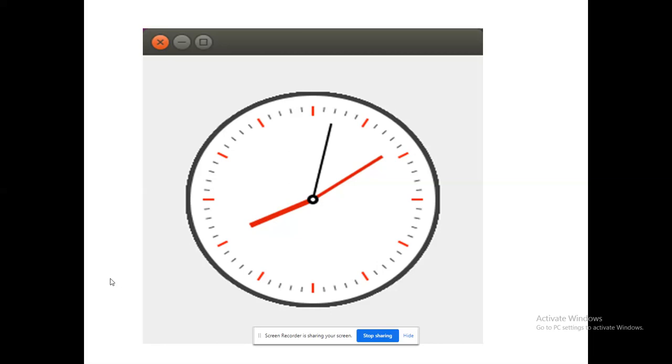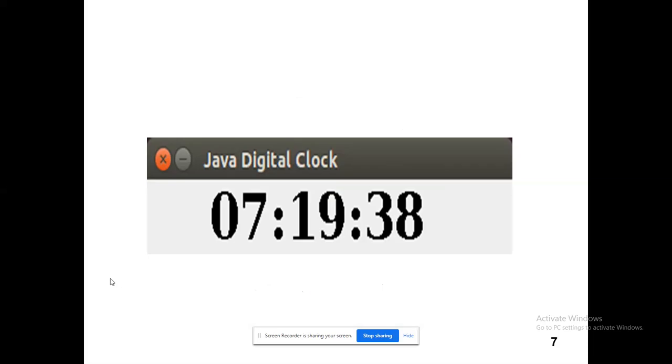That type of enhancements you try to do when you are going to create such type of things, because lots and lots of code are available in internet. By that you could get the code and write. But what are the enhancements you are doing? That's the major thing that you have to discuss here, right? This is up to the analog clock.